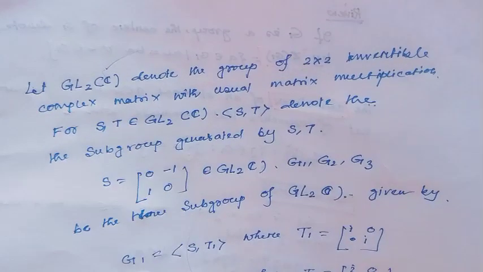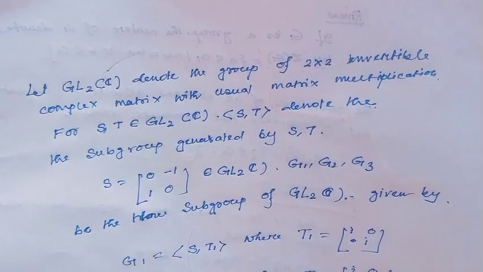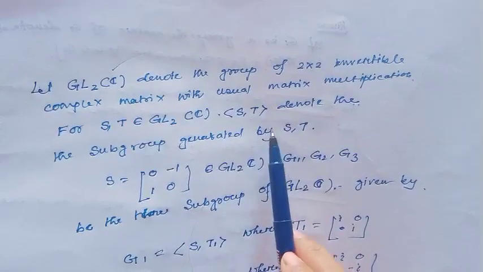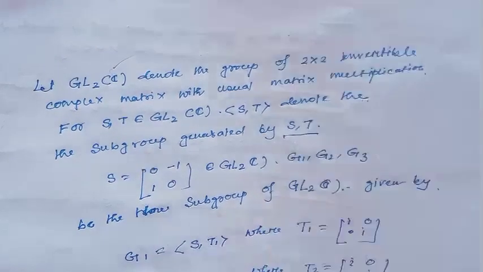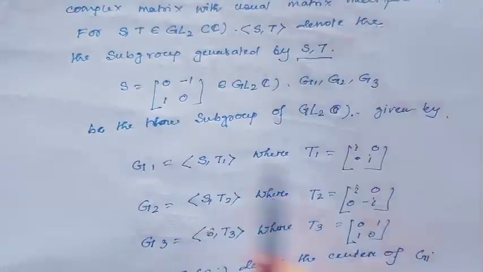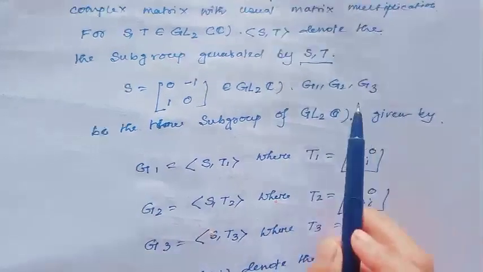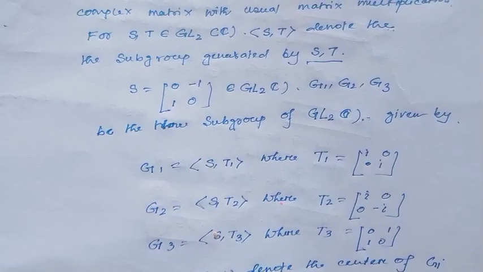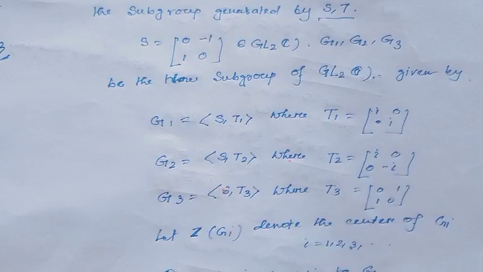And for two matrices S and T which belong to GL2(C), where C is the field, the cyclic subgroup generated by S and T is denoted by the subgroup generated by S and T, where S is the 2 cross 2 matrix which looks like [0 -1; 1 0], and obviously this is a member of GL2(C), and G1, G2, G3 are the subgroups generated in GL2(C) and given by, here T is